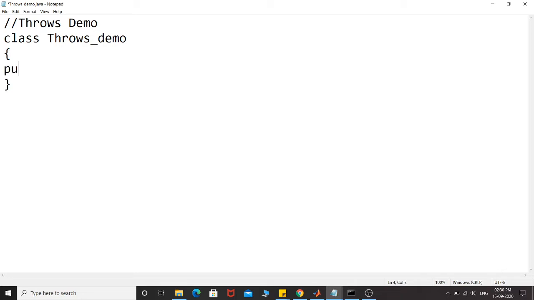and then I can always create public static void main over here to start my program working. So while using throws keyword, you should keep in mind that you have to use some exception handling mechanism, right? So I'll just give my main method over here and then start demonstrating this throws keyword by using this method.